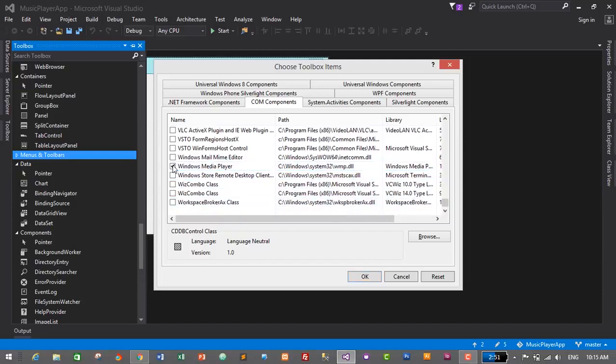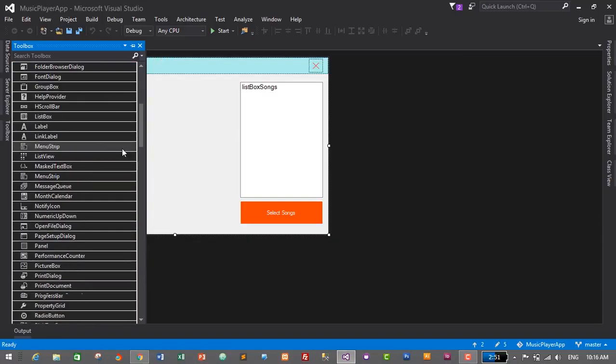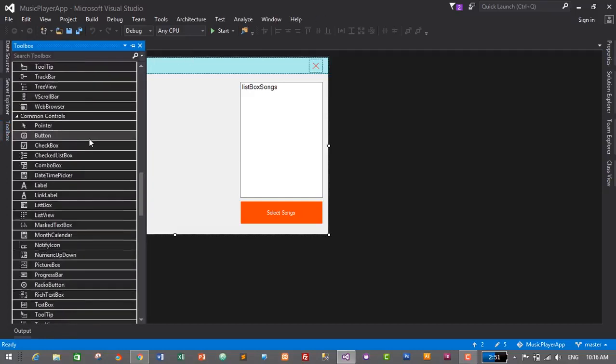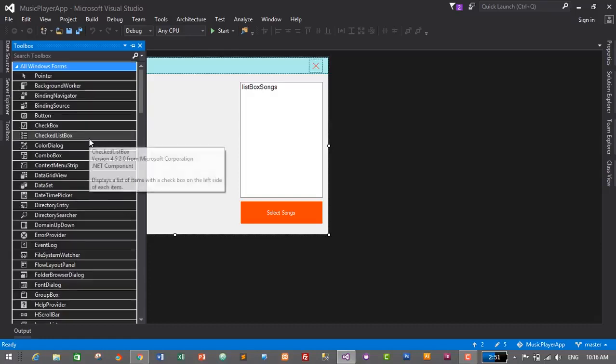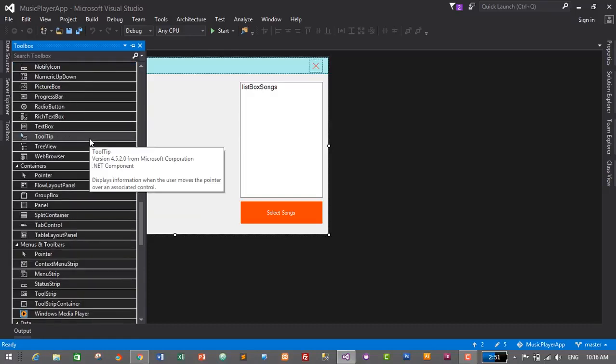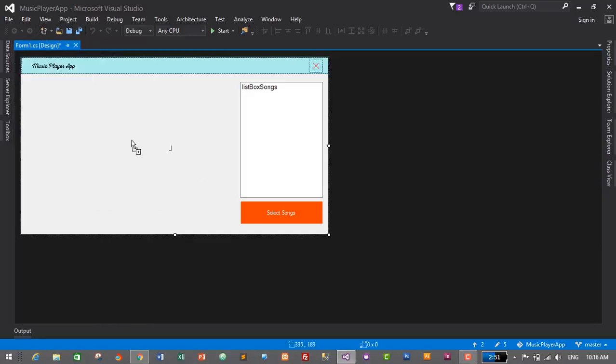Just check it and click on OK. Now we need to search for Windows Media Player icon. I'll just close it and open again. So we need to search for Windows Media Player. So go to menu and toolbar. In menu and toolbar we have a Windows Media Player now, so we can drag and drop here,